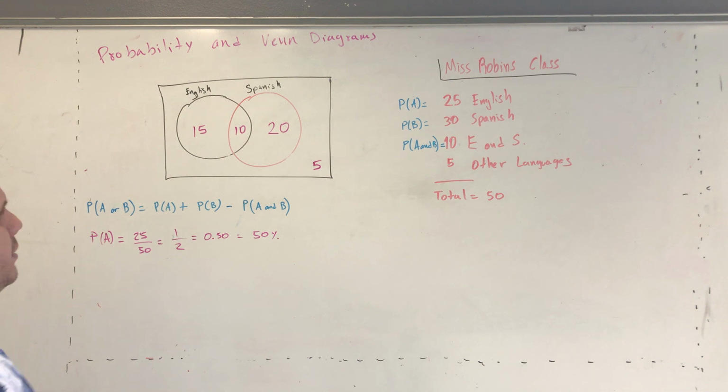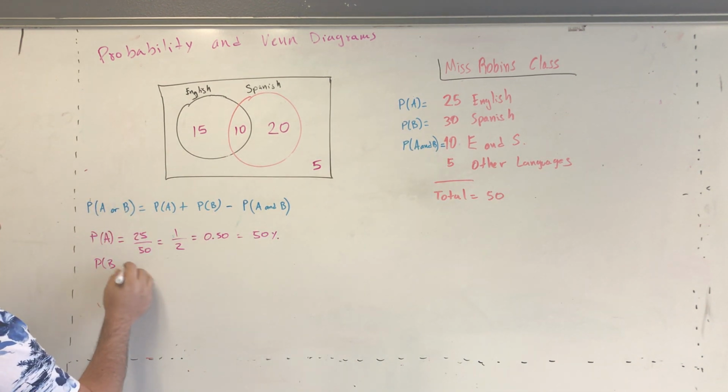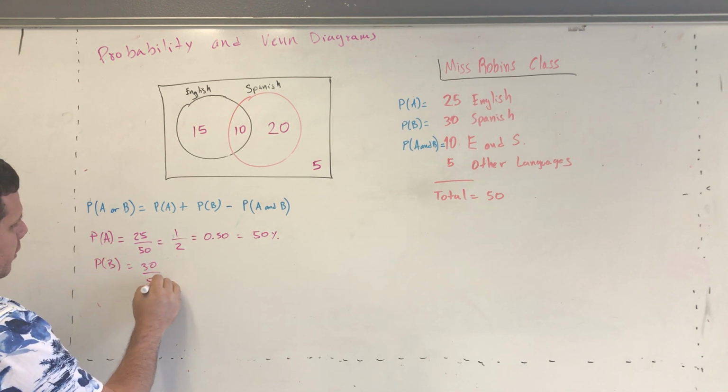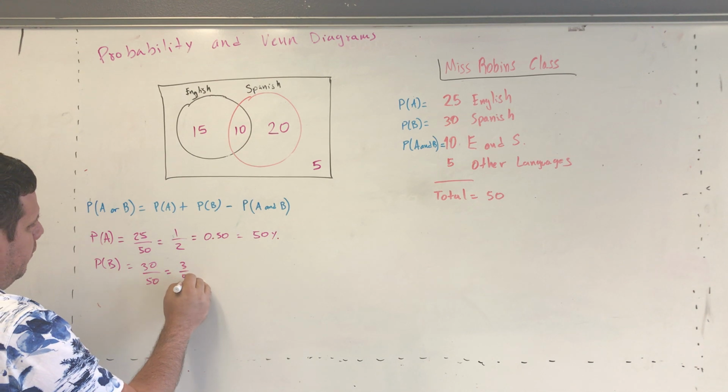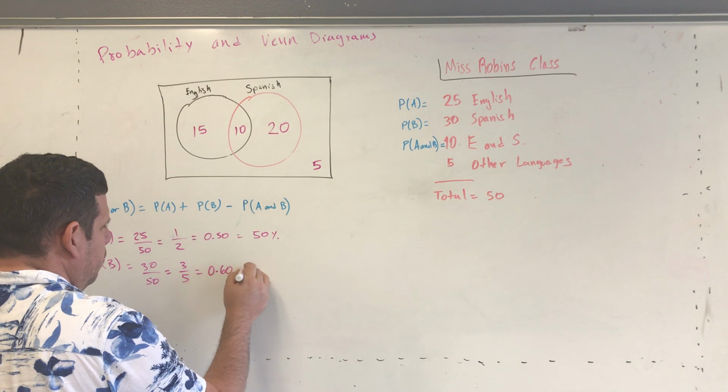And then the probability for Spanish, in this case B, is 30 divided by 50, which is 3 divided by 5, okay, and for that we get 0.60 or 60%,